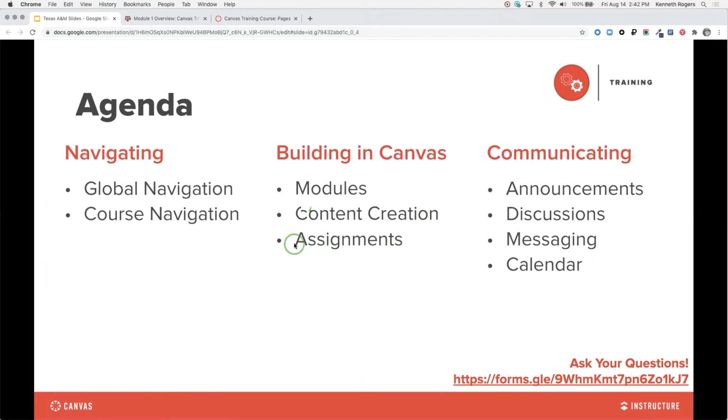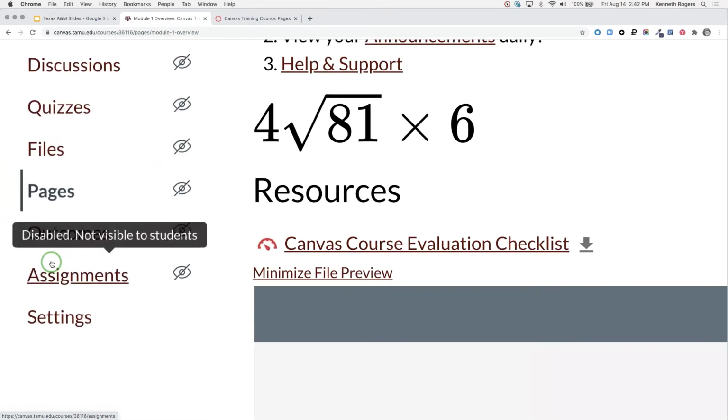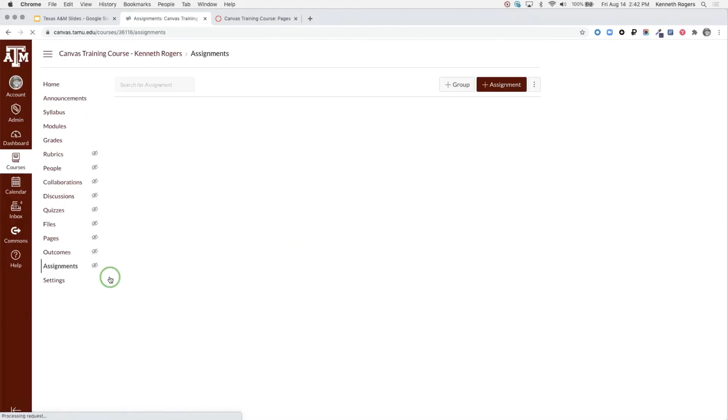Let's start on assignments. So to do that, we are going to, if I can find it, there it is. It's at the very bottom of my course navigation. Find assignments in your course navigation, okay? Mine happens to be at the bottom, but we're looking for assignments. One thing to point out,